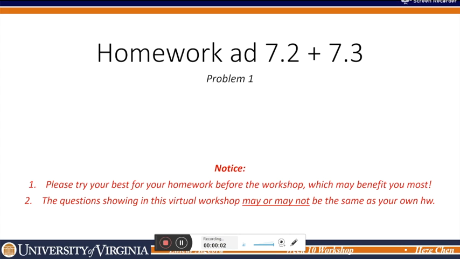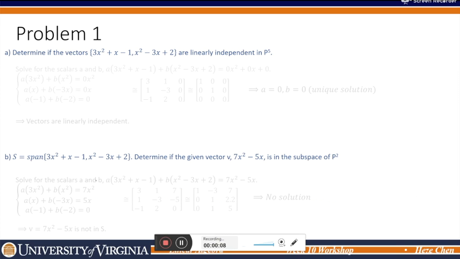This is problem 1 for homework 7.2 and 7.3. Part A: Determine if the vectors 3x squared plus x minus 1 and x squared minus 3x plus 2 are linearly independent